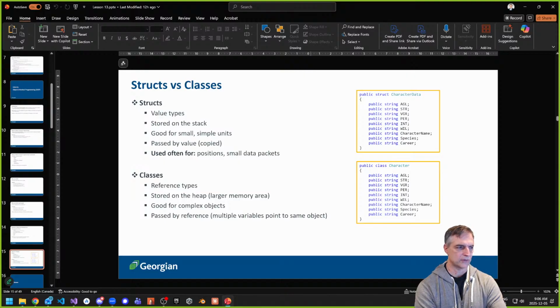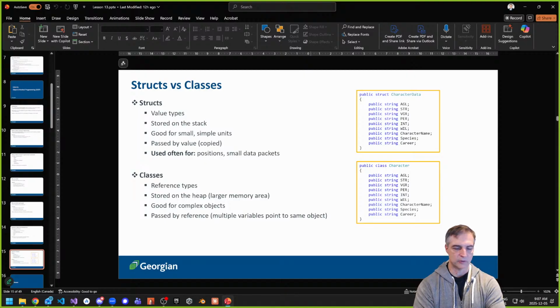And they also use something called the heap. We haven't really talked about memory management too much. You'll get more of that in second year, and probably some in next semester as well, when Wallace talks to you guys about maybe the heap and the stack. So the stack is where we do some stuff when I'm doing things like calculations, when I'm calling methods and those kinds of things. I use the stack. It's a different part of our memory, right? The heap is a larger part of our memory where we can use all the other parts. We want to really expand our memory. And classes use the heap, which is a large memory area, like I said.